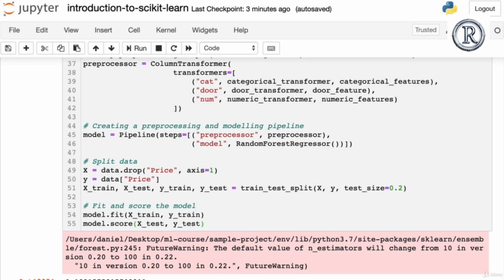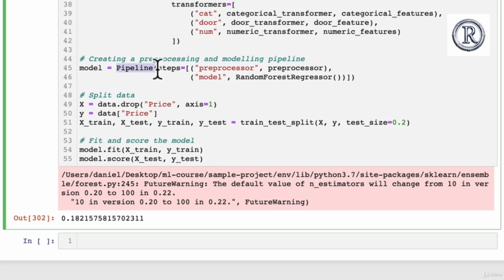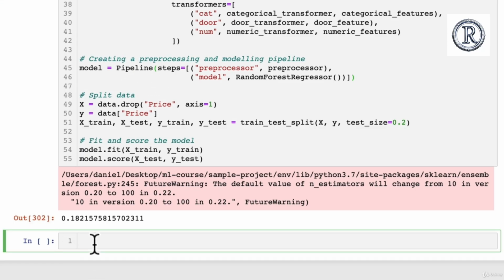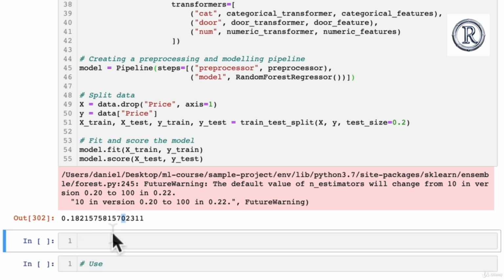In the last video, we saw how we can put together a number of different steps using pipeline. And now it's also possible to use grid search CV, what we've seen before, or randomized search CV with a pipeline. There's a slight little difference here, and it'll make sense once we run the code. So let's go here. Actually, we'll leave a little comment. It's also possible to use grid search CV or randomized search CV